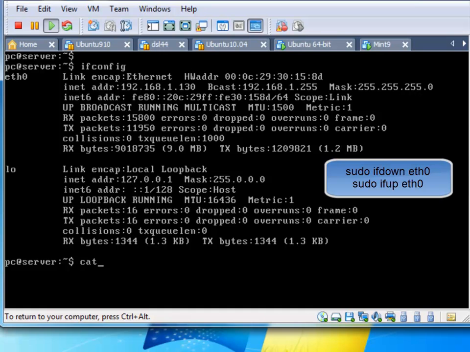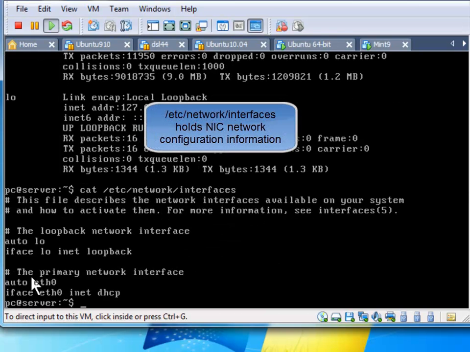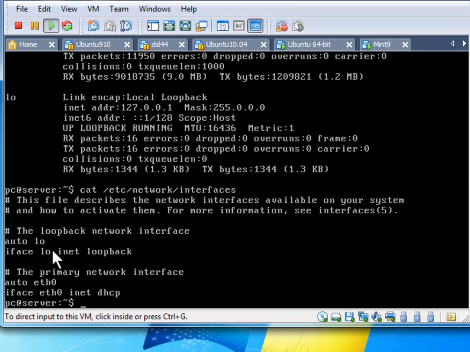First, let's cat the file /etc/network/interfaces. And you notice down here that we have two network interfaces set up. This is a configuration file that's used to actually establish the network connections. We have a loopback, but more importantly we have eth0 down here. Note that this says auto. That means to automatically configure eth0. The interface eth0 is going to use DHCP. We could create a static IP address in here, but let's let DHCP